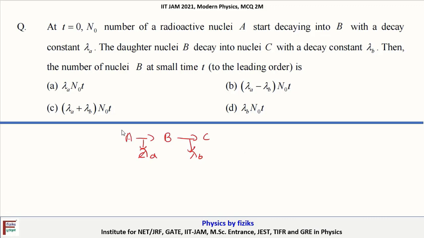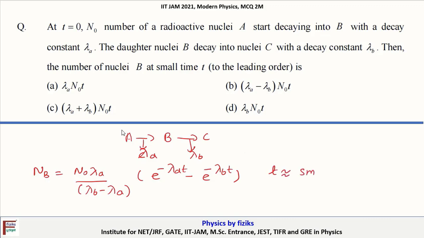The number of nuclei B is given by N naught lambda A divided by lambda B minus lambda A, into e to the power minus lambda A t minus e to the power minus lambda B t. So when t is small, we can expand the exponential term, that is